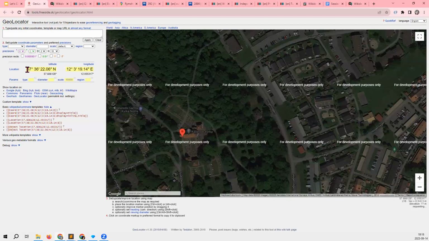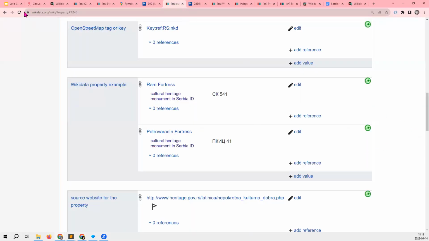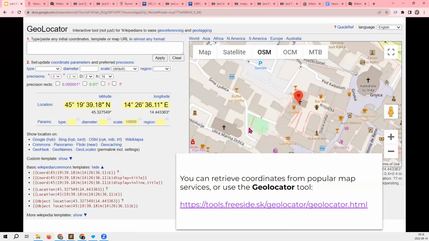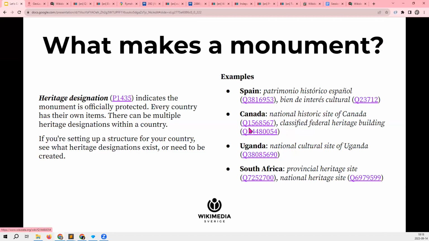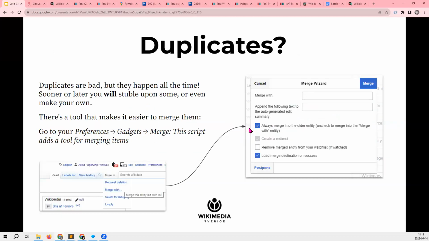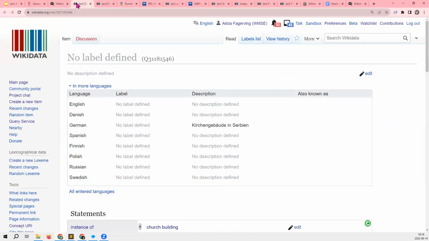Okay, thank you for that explanation. I see many questions relating to merging, and I don't know if you could please go over the merging again. Absolutely. When I'm logged in, I have the link to my preferences.